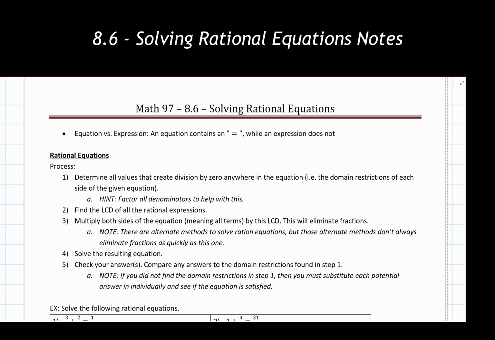An equation is something that starts off with and contains an equal sign. An expression does not. So when we are working with something at the very beginning of a problem, we have to determine, is it an equation, meaning it has that equal sign, or is it an expression, meaning it does not have that equal sign? The main reason I mention this is because a lot of people will use these two words interchangeably. I'm probably guilty of this once or twice in the previous videos, but I want to make it clear that these are two very different things.